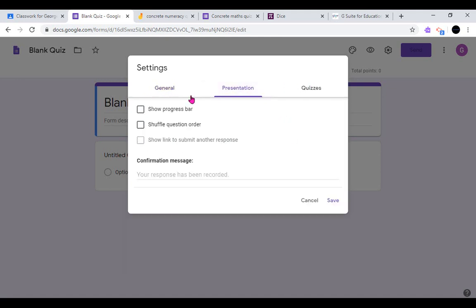unticked. I can change the way it presents, so I can shuffle the question order, so that each time each learner accesses it, they get the questions in a different order. So again, they can't be messaging their pal and saying, what did you get for number 3? Obviously, if they describe the problem on the question, they might get an answer, but it just makes it a wee